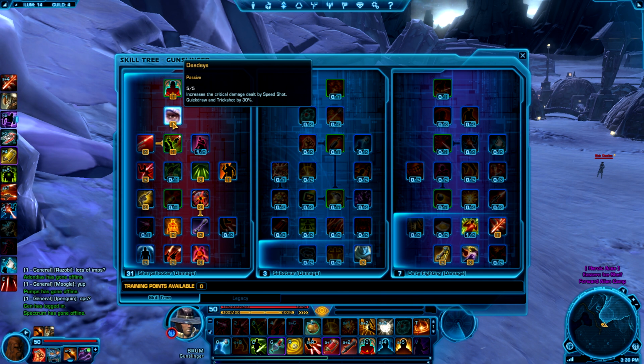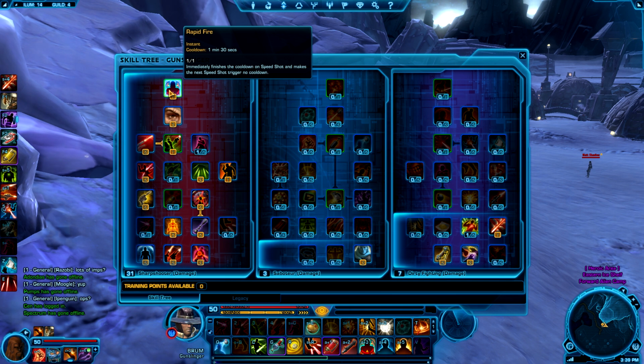Deadeye increases the critical damage of Speed Shot, Quick Draw, and Trick Shot by 30%. That's basically free surge for those abilities. And then Rapid Fire immediately finishes the cooldown of Speed Shot and makes the next Speed Shot trigger no cooldown. Speed Shot is a very high damage to energy ratio, and it's actually what I would call a positive energy ability, because when you cast it, if you cast Rapid Fire above 60 energy, it actually leaves you with the same, if not more, energy than you started with, based on the regeneration rate